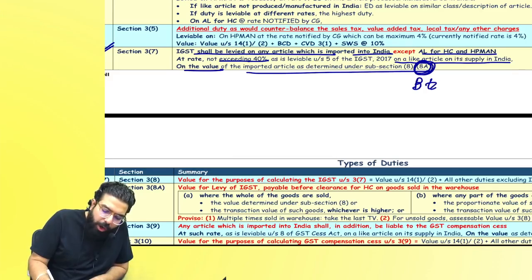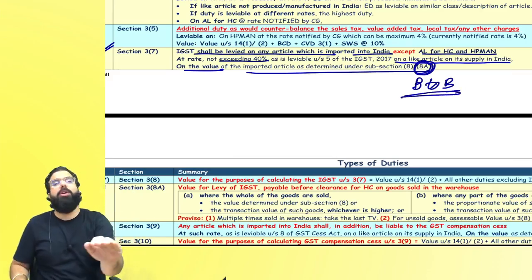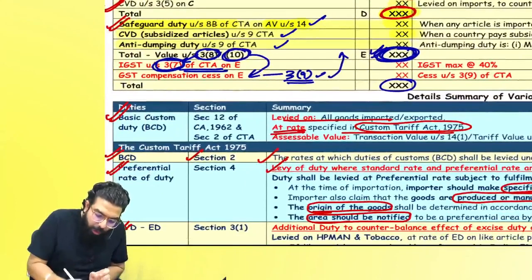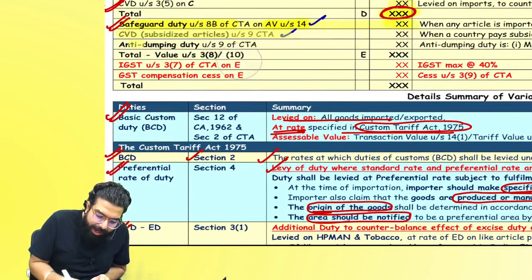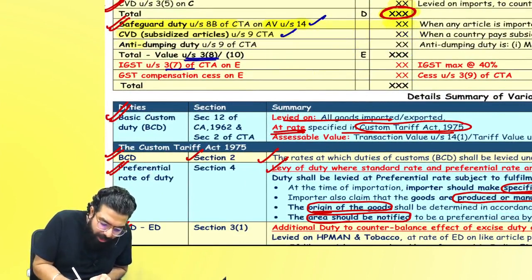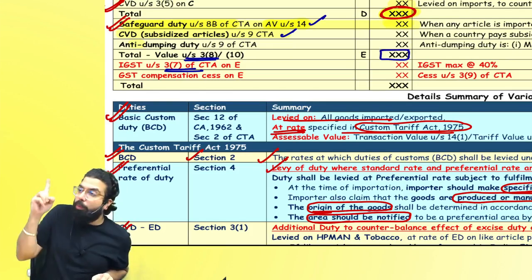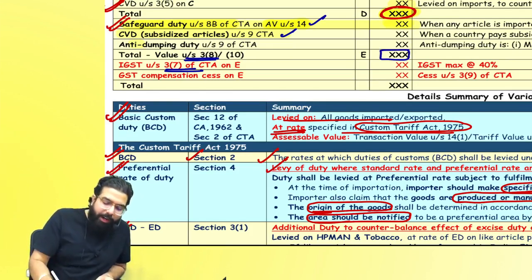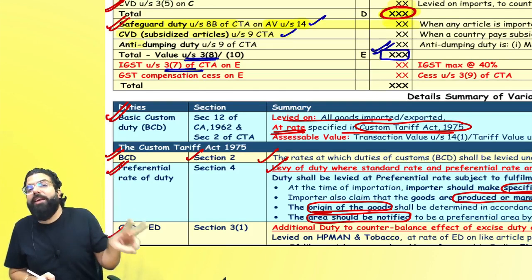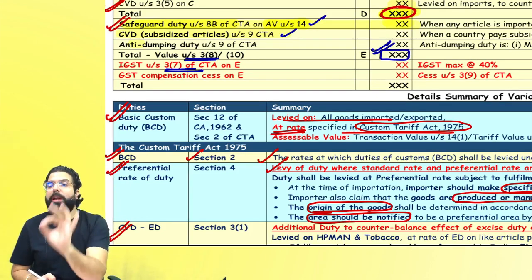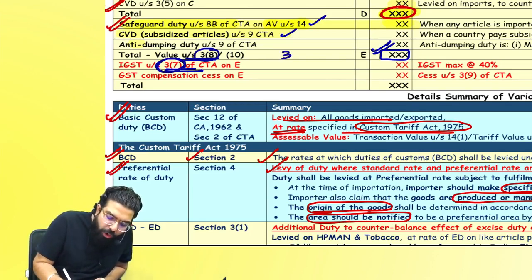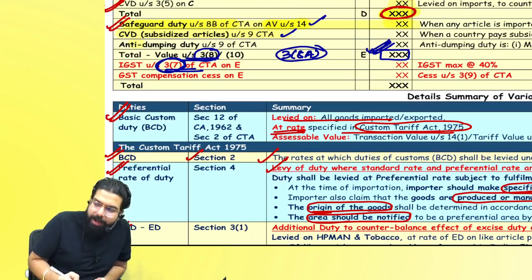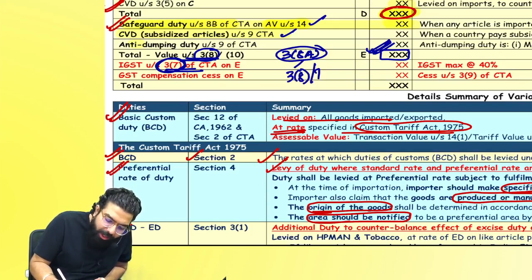38A goes ahead and talks about bond to bond transfer. Always remember, in case of bond to bond transfer, please take this for levy of IGST or GST compensation cess. When you are calculating the value for the purpose of levy of IGST, on bond to bond transfer, take 38 ka value or the transaction value, whichever is higher. For levy of IGST under section 37, you can take 38 ka value or 38A ka value. 38A ka value says, this value which is determined under section 38 or the transaction value, whichever